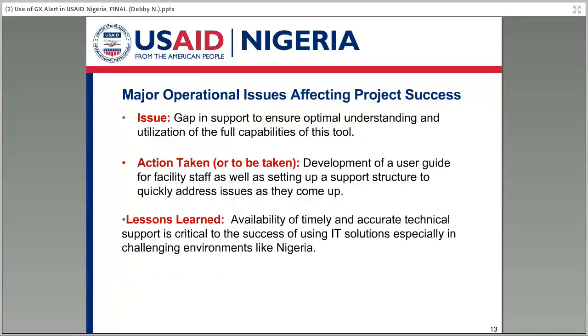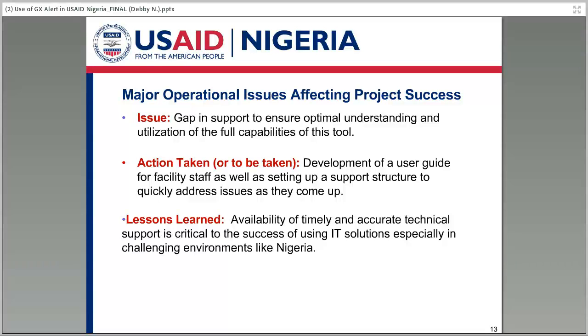The other major lesson learned would be in terms of operational issues affecting the success of using GXAlert in Nigeria. One of the major gaps we've noticed is the availability of support at any level, really. At the site level,